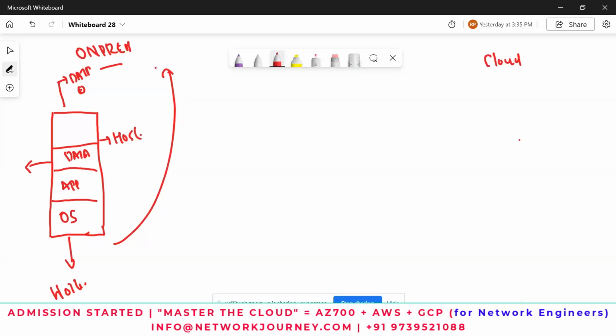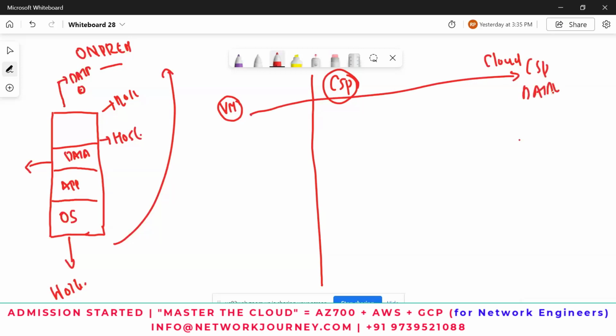Now, in a cloud data center scenario, you are not responsible for managing the host. It's not only servers. Even for networking components, you are not going to manage the router, the switch or whatever network or inter-network devices you use in the cloud. It's completely managed by the cloud service provider. When you create a VM, short for virtual machine, technically it is created inside